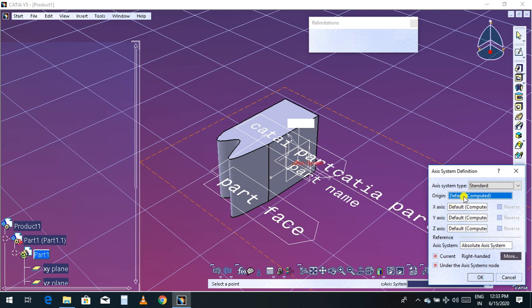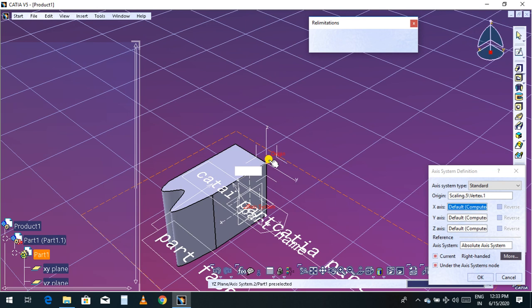So I'm going to change the location where I want the origin, like this is the original origin. I'll choose this as my origin, or else I'll choose this. So I'll choose here, this is my origin. By this origin I'll pass the axis X, Y, Z directions. Below you can see X direction, Y direction, Z direction. There are three directions, so you can choose a direction of your choice.